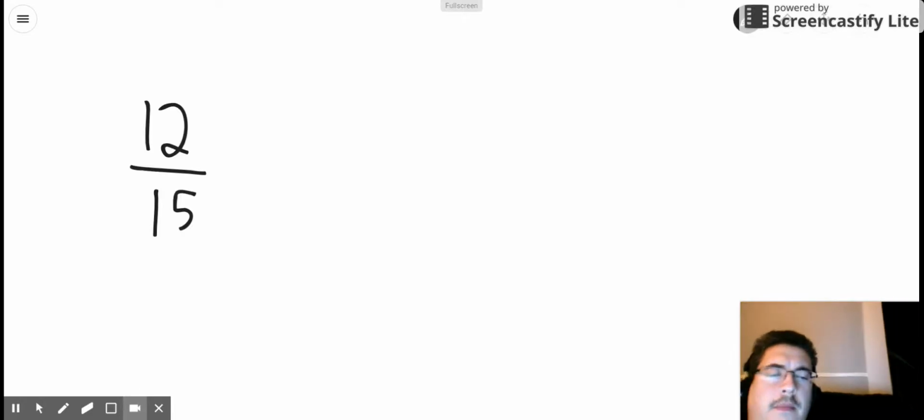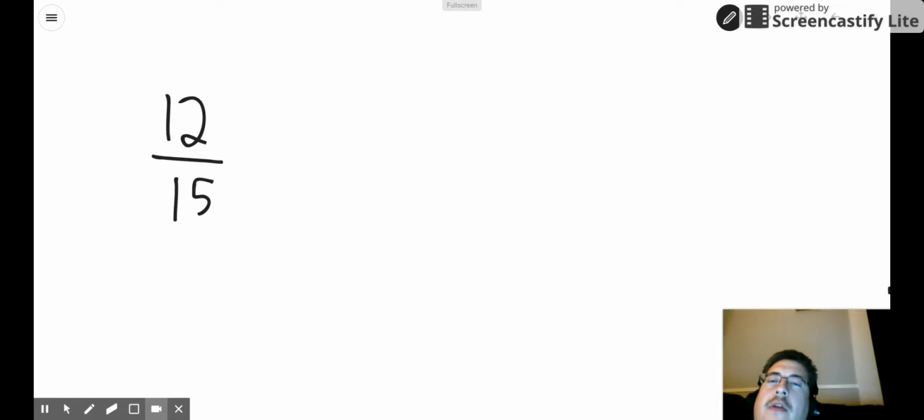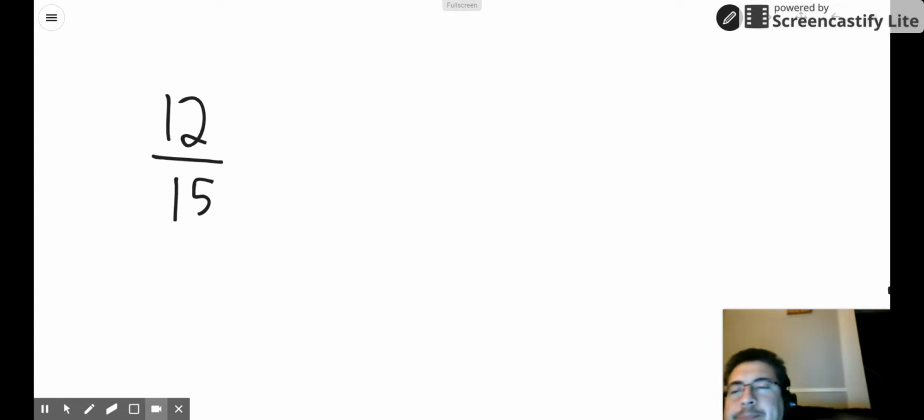Hey guys, I want to show you how to simplify a fraction. It's pretty cool. The way I do it is kind of different, but it uses a skill that you guys did last year, which was writing factor rainbows. So, if we take a look at this fraction, 12/15ths, first thing I'm going to do is